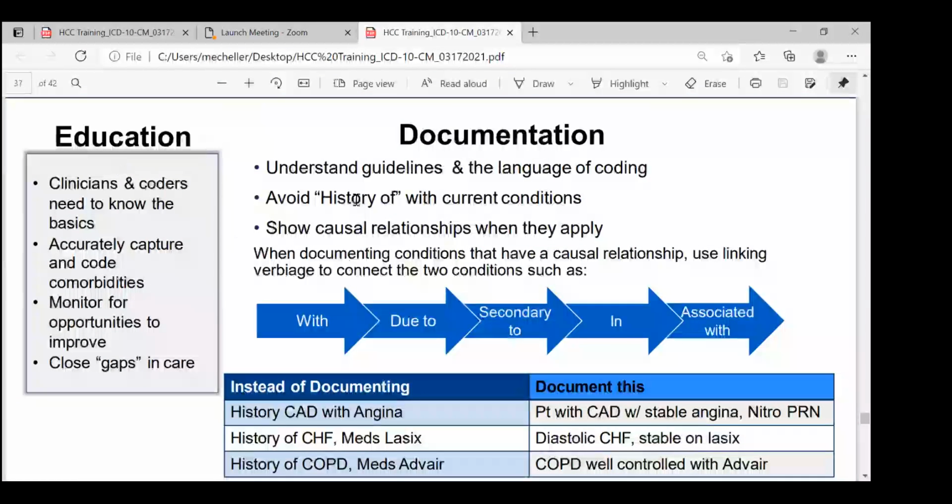Here, what we're looking at on the educational side is making sure that our physicians and offices understand coding guidelines and the coding language. You hear the term care gaps, or we want to close the gaps. So we're closing those gaps related to the HCC chart that we saw above. What we're looking for is